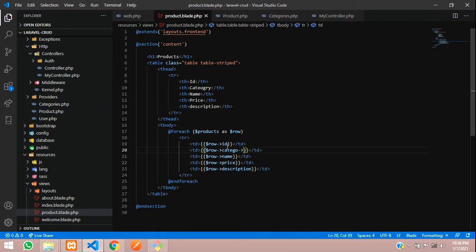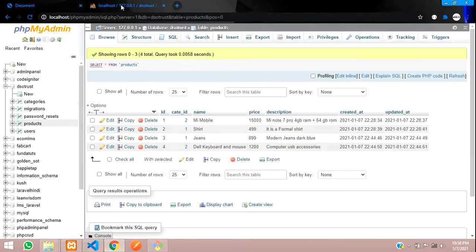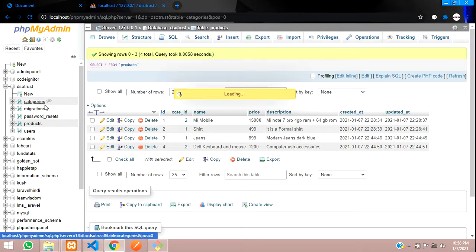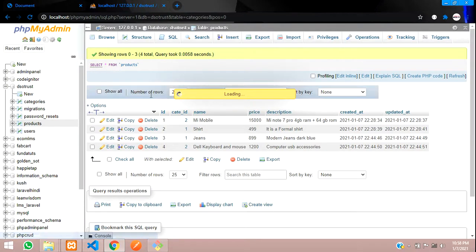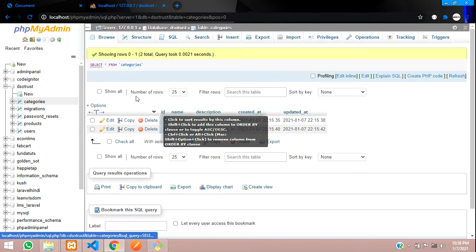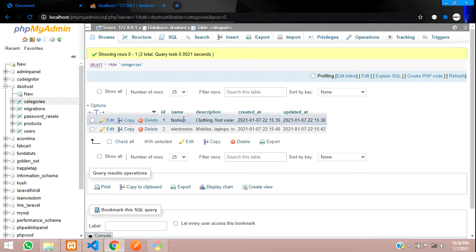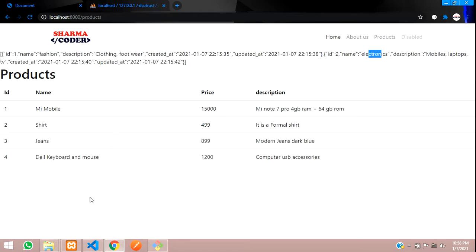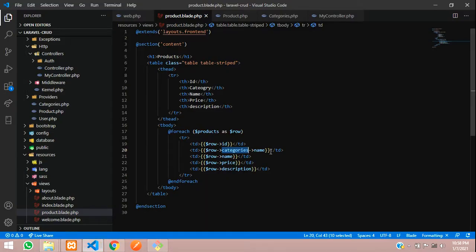Paste it here, categories of name. Now what this function will do is go to the categories table, and in the categories table we have two columns over there: category ID, name and description. So we are in the categories table now, so you can call the name column over there. Okay, so we have given it correctly.